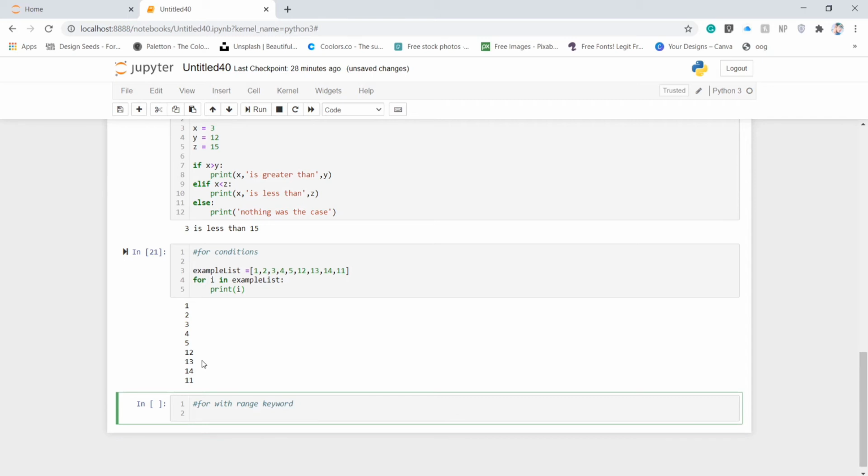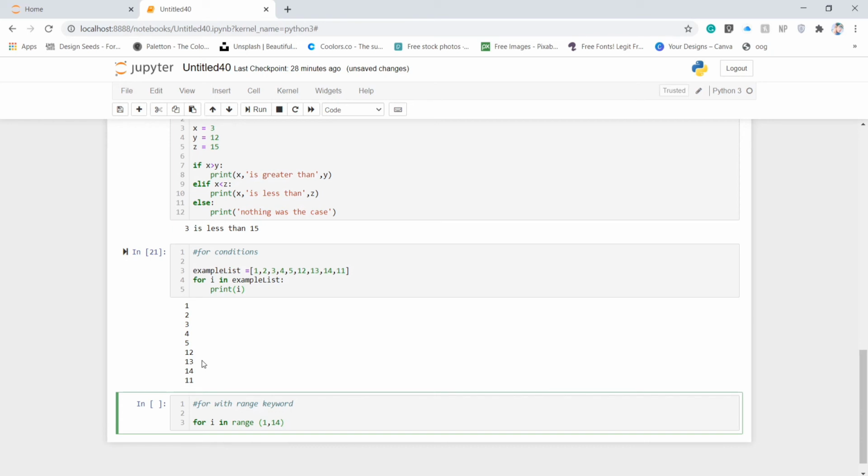So the key thing to remember here is that we don't take the last index. Let's say we have 14 as the last index, so the counter will go till 13, because our index starts from 0 and it goes up to the value which we have provided. So we have to remember that.